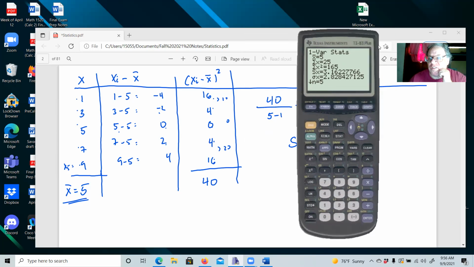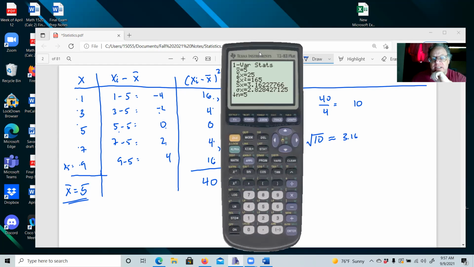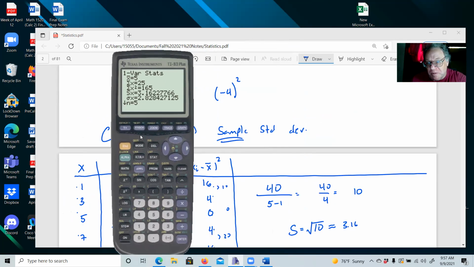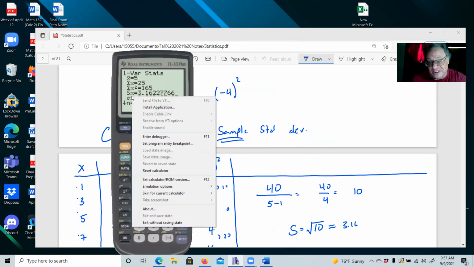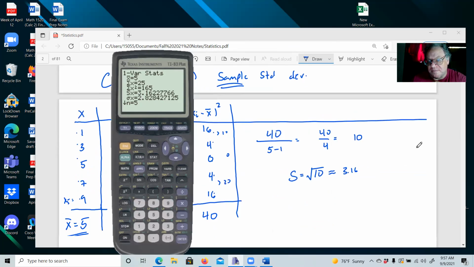And it's got all sorts of stuff that we're going to use here. So here is our average, x bar, right? Then we're not going to need these numbers. In more advanced classes, you will. Not this one. Okay, Sx, right? Remember we said that the sample standard deviation was s? The calculator is leaving room for when we're talking about 2 variable statistics. So sometimes an x and a y could be here. So we have a standard deviation for the x's and a standard deviation for the y's. So they say Sx, we don't have a y. They still use Sx. It's 3.16.